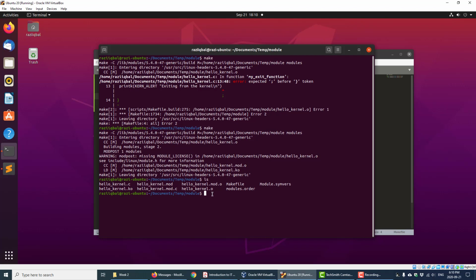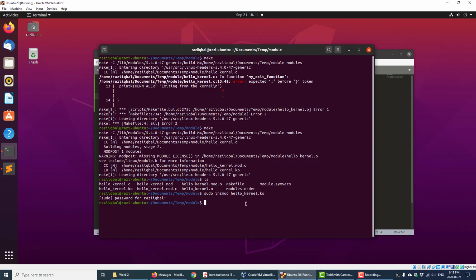We have to now insert this kernel module into our kernel, and you know how to do that. We just did that with lp, if you remember, line printer, and we are going to do it again for our kernel module now. I'm going to use the sudo insmod command, and then the name of my kernel module, .ko. It will ask me the password. I will put the password, and there is no error,